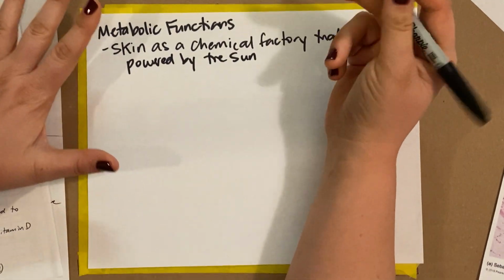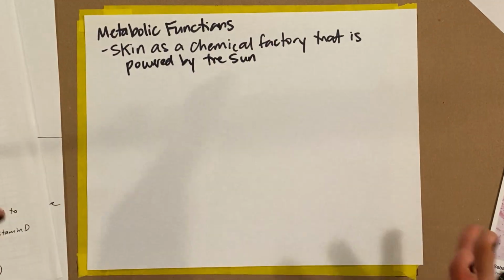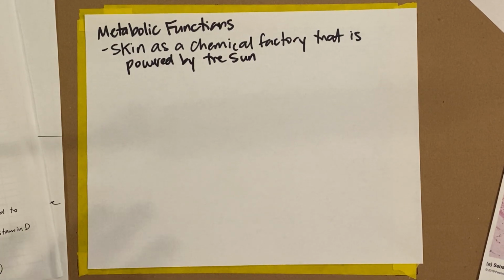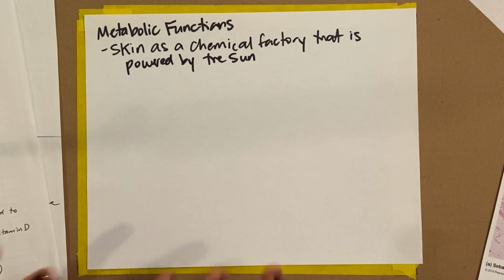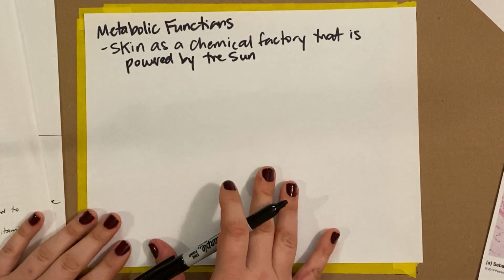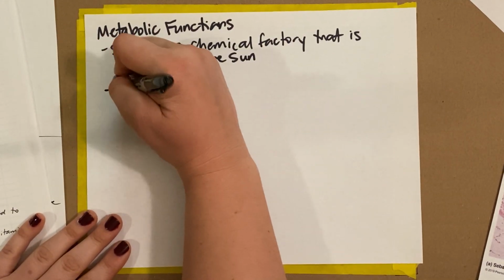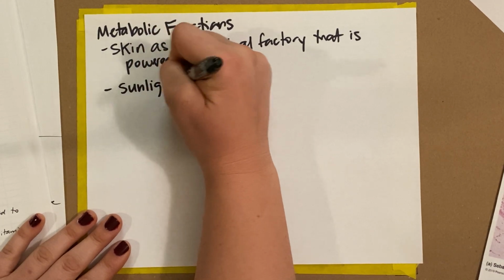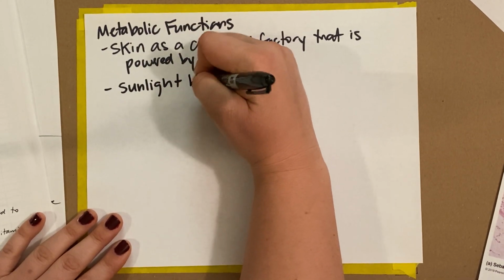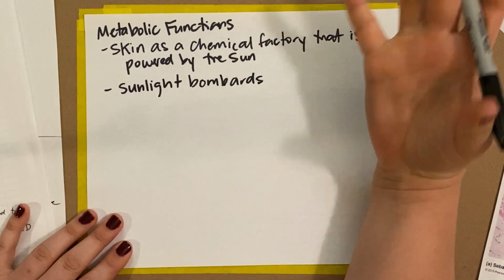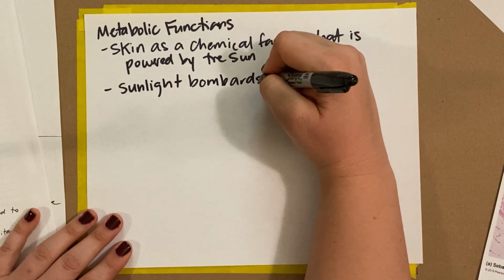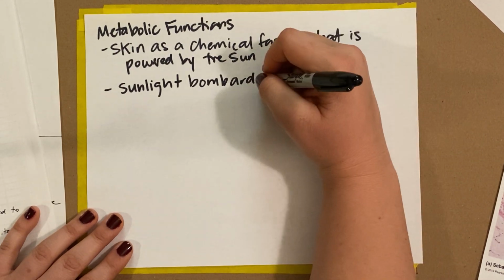I'm not talking about chloroplasts, because I feel like you may have heard something very similar to that. This has nothing to do with energy production, but mainly has to do with vitamin D, okay? And so when sunlight bombards the skin, and it's important that we have sunlight. We get way too much, but you have to have some. So when the sunlight bombards skin,